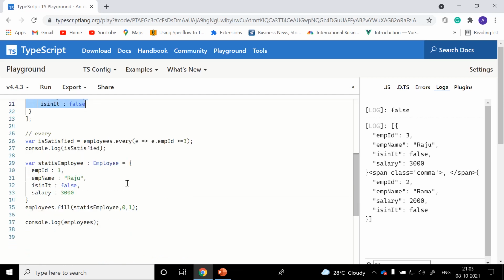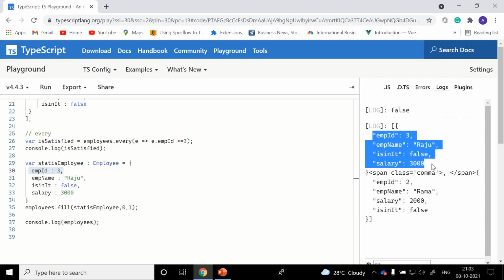With the help of fill, we are targeting to update the 0th index with the static employee of employee ID 3. That's the reason we are seeing employees of index 0 updated with the static employee ID 3.